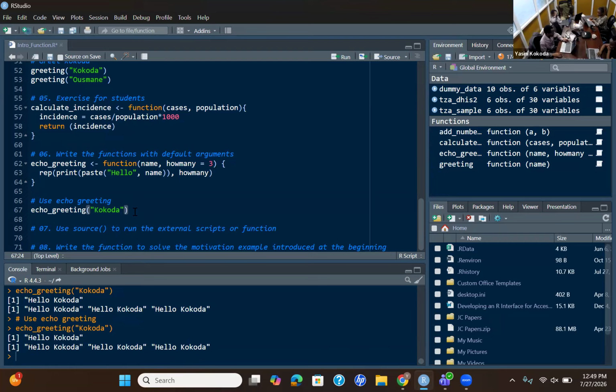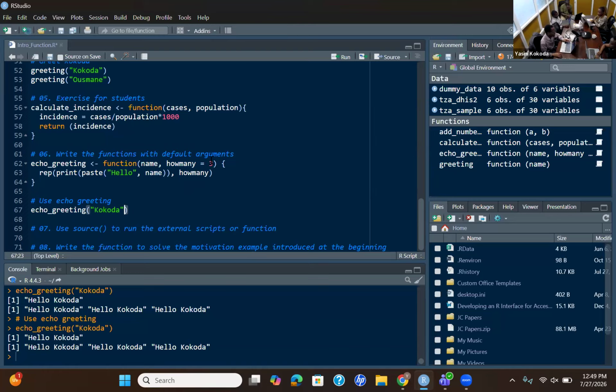Even if you run it again, you see? Can you see the outputs are repeated 2 times? The first vector contains one name, and the second one is the echo. So the bottom line is here how many times you need to echo this greeting. In this case, we call the function without specifying how many times.